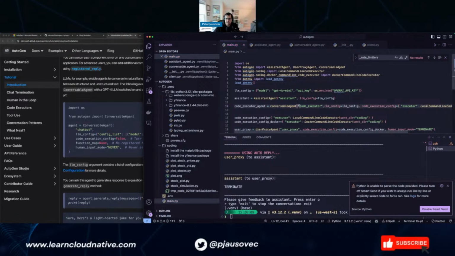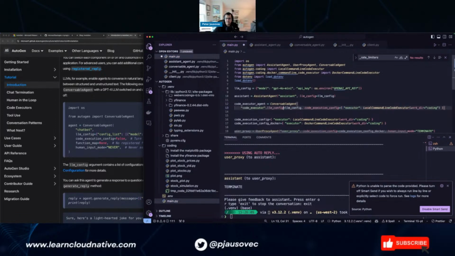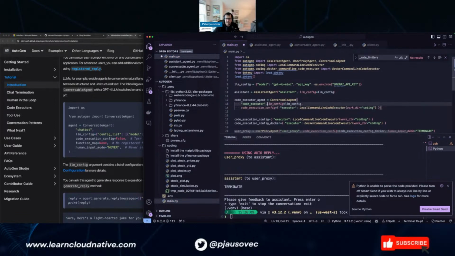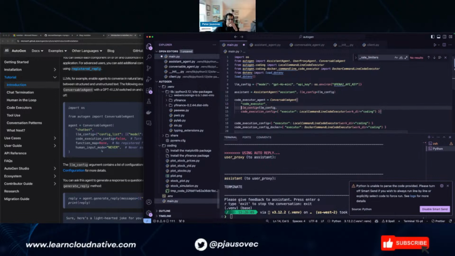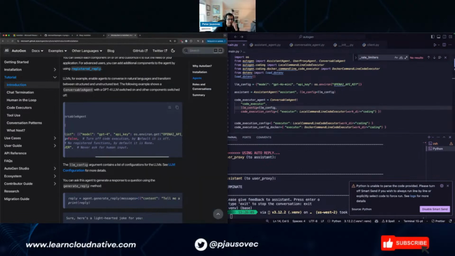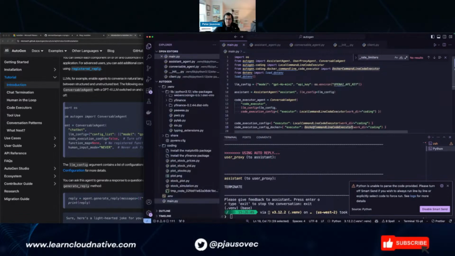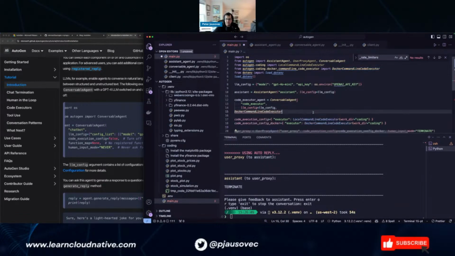Why isn't it formatting the way I like? There you go. Code execution by default is off. Code execution config, we've set it. And we're gonna do it Docker.